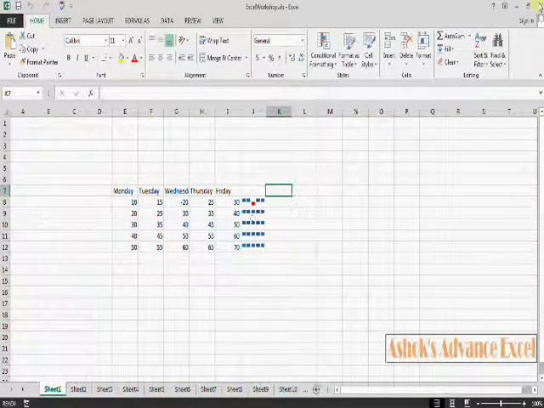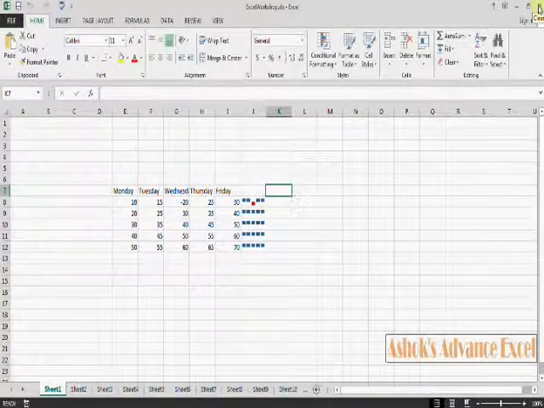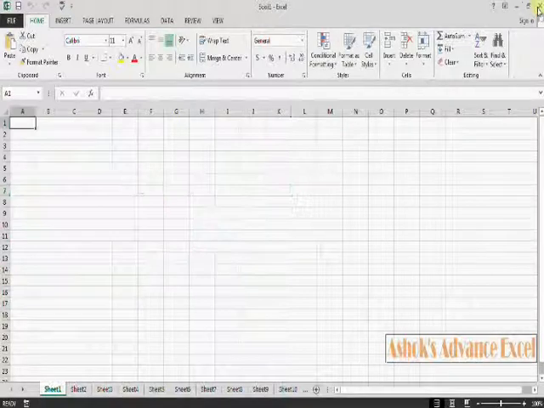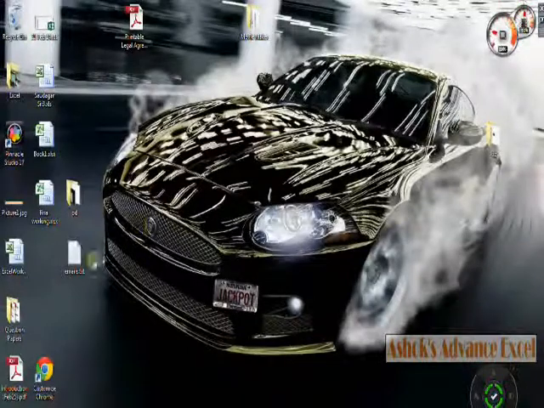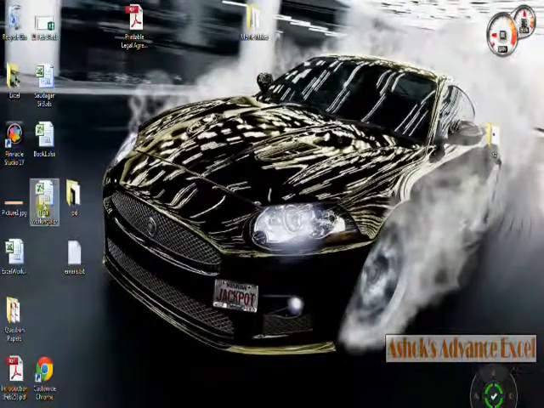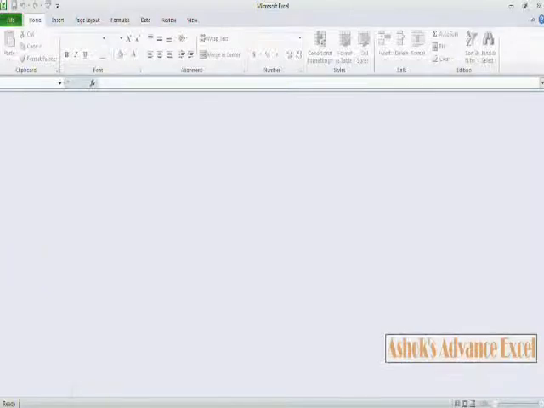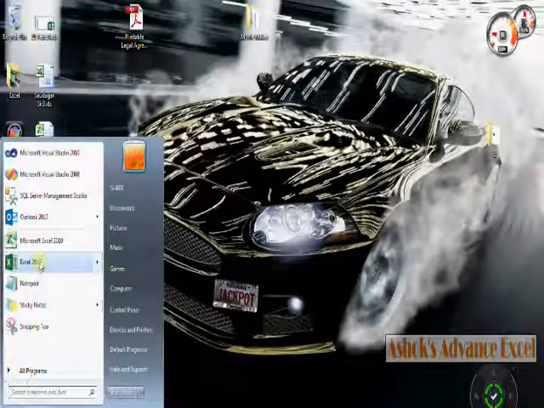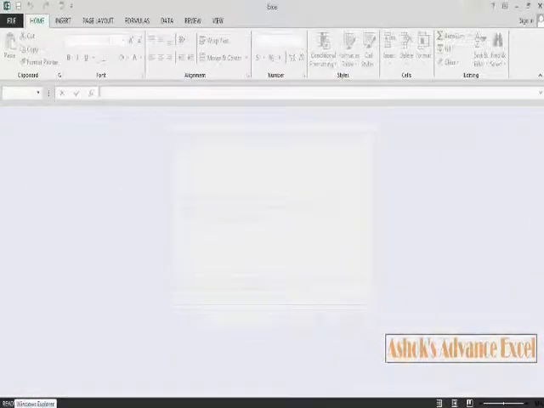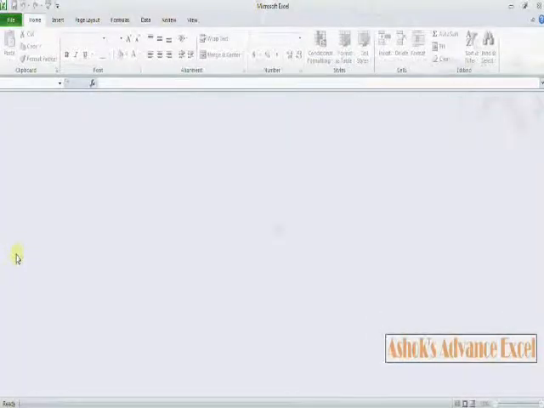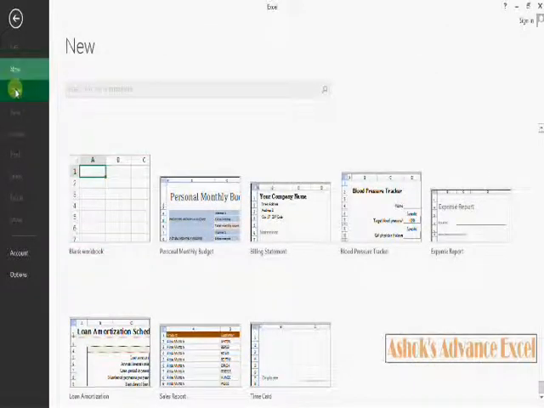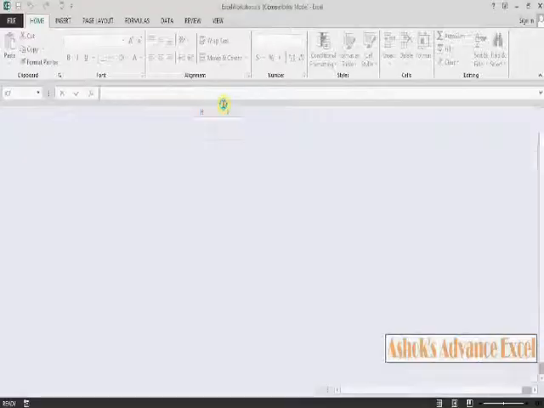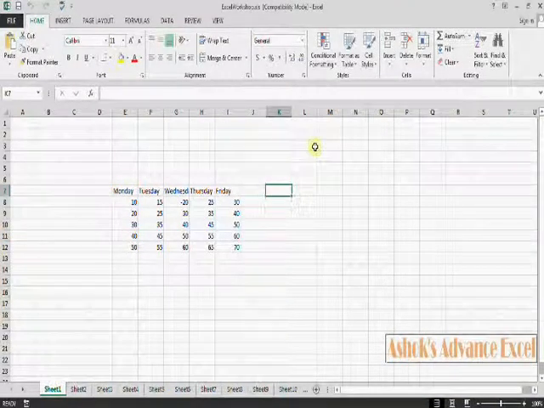Now close this file first and open it again from desktop, Excel workshop. Okay, this Excel workshop is open now.